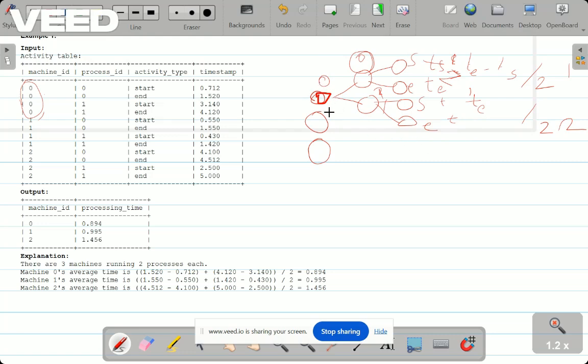Now mission 0 is running only two processes, so the average of this and this, T1 plus T2 by 2, I think. We have to get the average of these two and round to 3. These things we have to do.